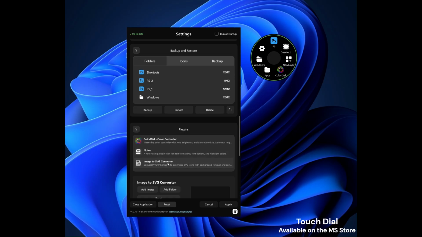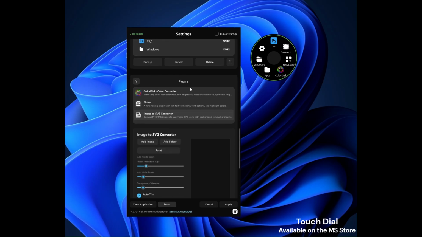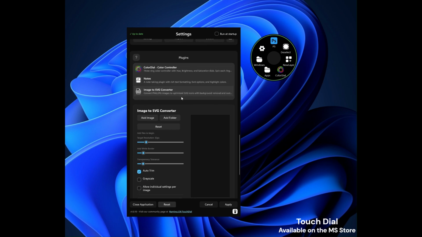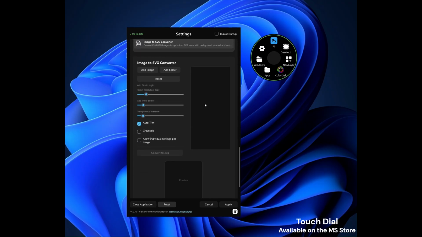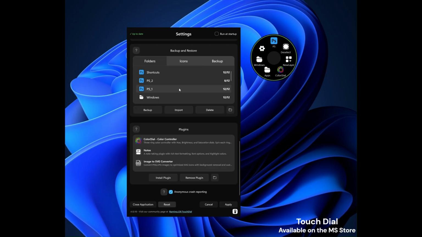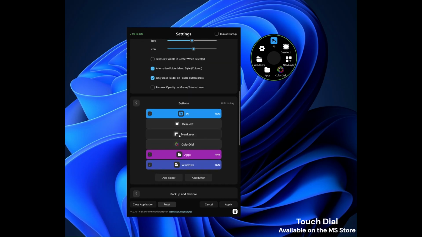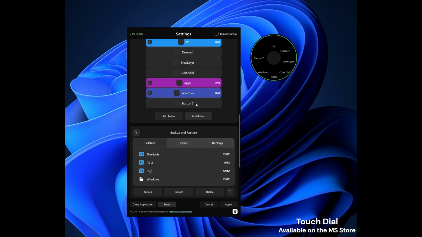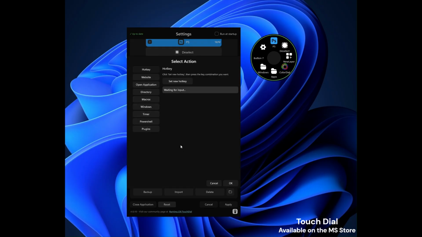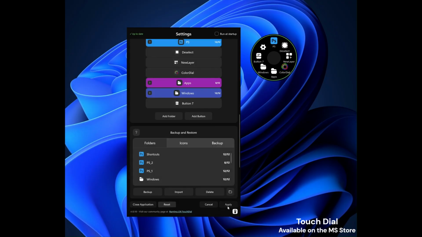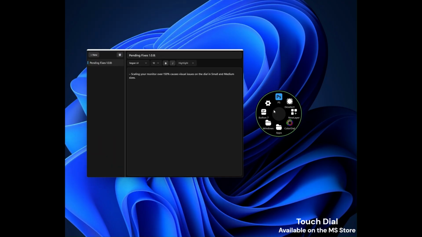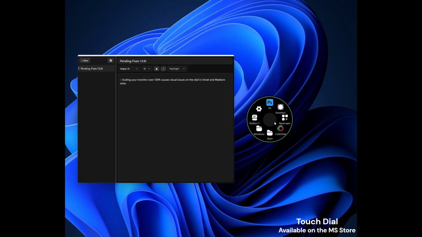Plugins, like I mentioned, you can add additional functionality to this Touch Dial through plugins, but anyone can create plugins. In the forum, you'll find a template and an SDK file. You can give those two files to any AI, and that AI will build you a plugin to do whatever you want. So a quick example is this one. It's just a little notes app that I created,